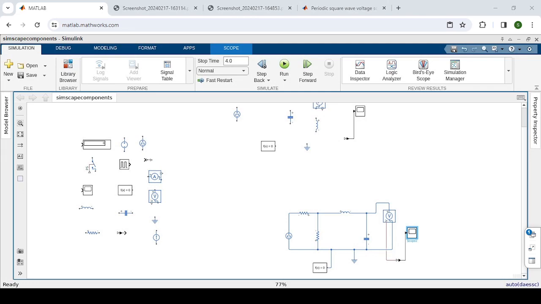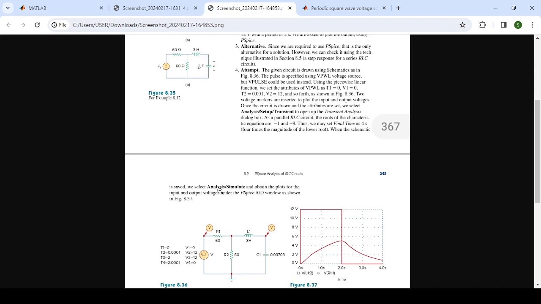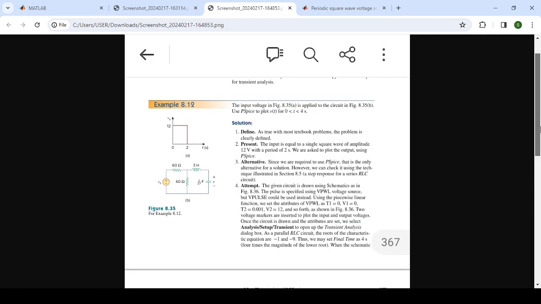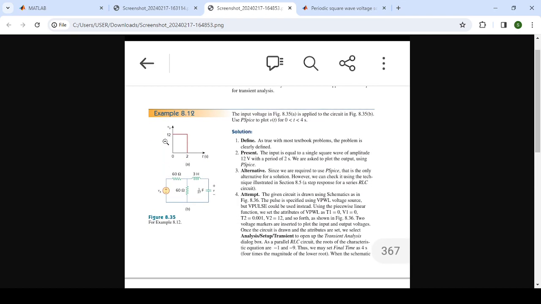In the last video, we simulated this circuit using Simulink, and we created a version of this 12-volt pulse using a pulse generator controlling a switch. Now,